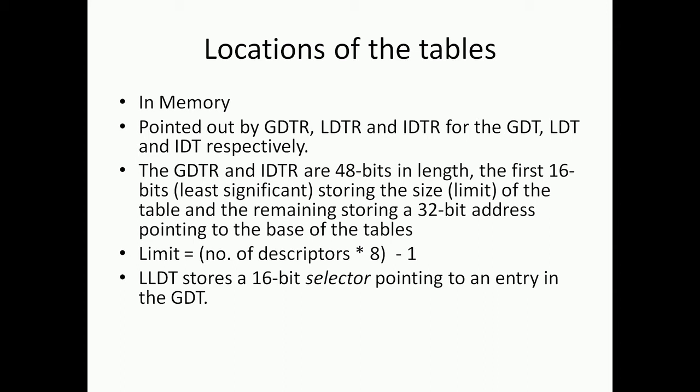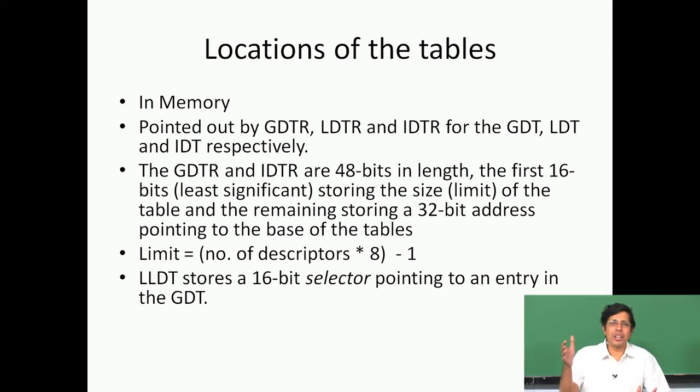It is the instruction that will load the GDT. What is LIDT? It loads the IDTR. They will point to a memory location which is 48 bits in length. So you go to that memory location and you find 48 bits. The first 16 bits are loaded as the limit, and the remaining 32 bits are loaded as the base. You understand this? But in LLDT, what do you do?